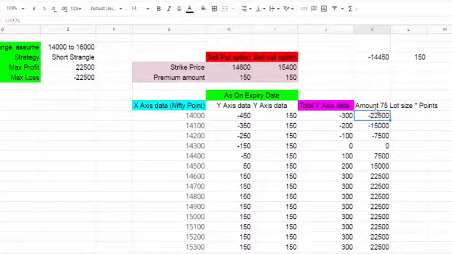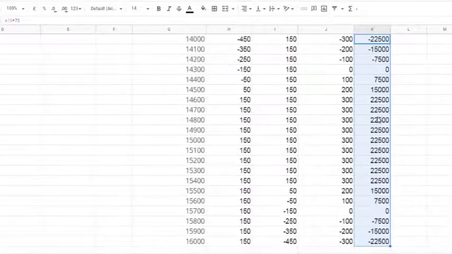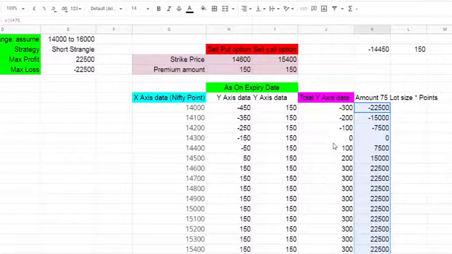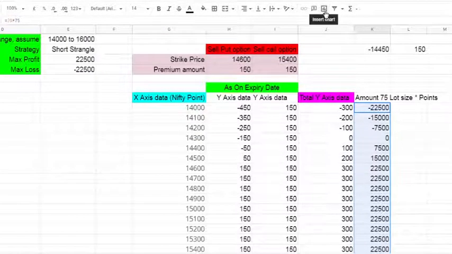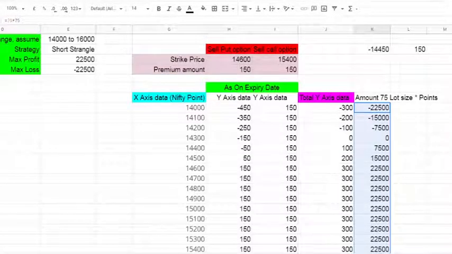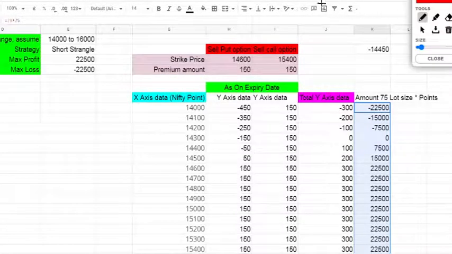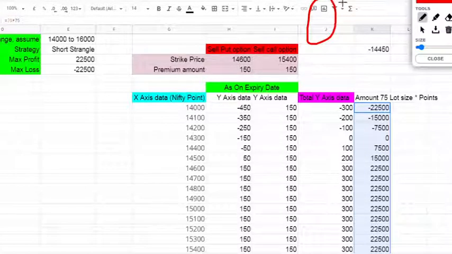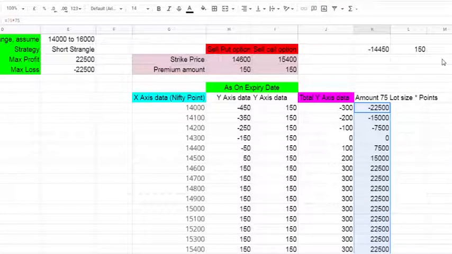So I am selecting the y-axis data for the chart. Please remember that when you draw the chart, Google by default takes the y-axis data. So I have selected the y-axis data first, and you are able to see the chart icon, right? I highlight the chart icon. This is the chart icon in Google Excel sheet. I am clicking on that now.